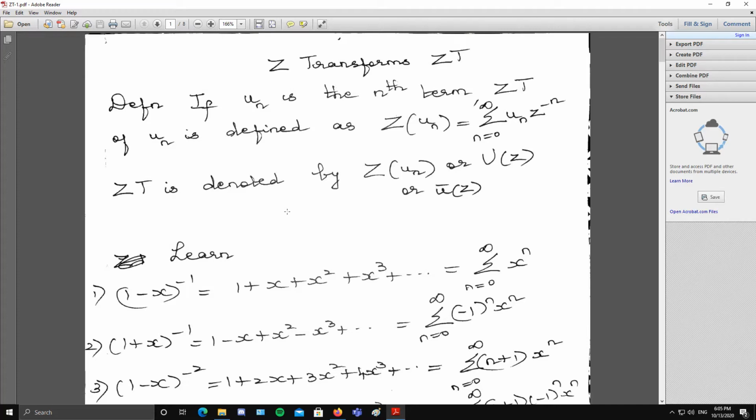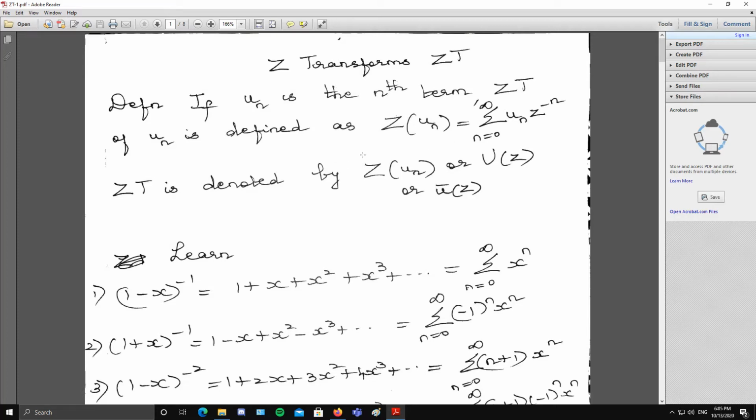It is Z transform. When I teach the module Laplace transform, I will explain about the definition of Z transform. It is a particular case of Laplace transform. All the three transforms, Laplace transform, Fourier transform, Z transform, are interrelated. So when I take up Laplace transform, I will explain how we are getting the definition of Z transform, and I will also explain how we are getting the definition of Fourier transform.